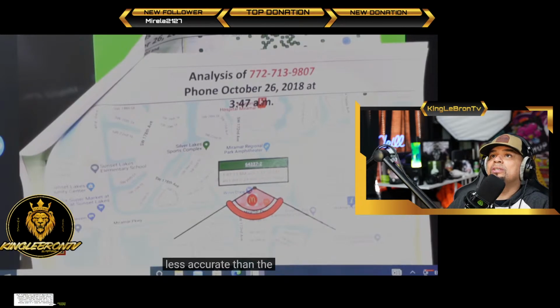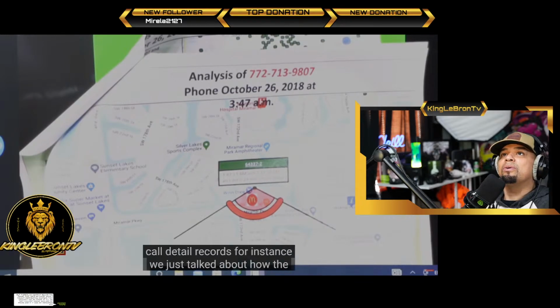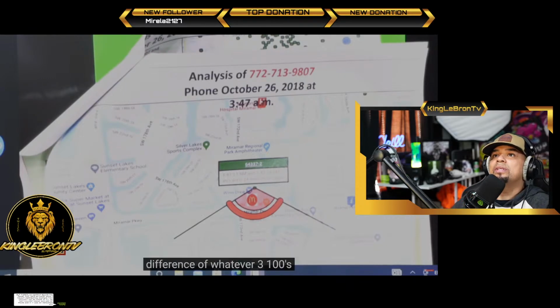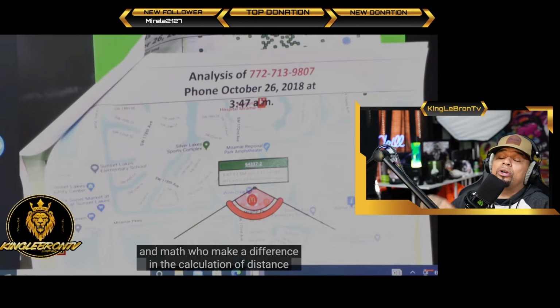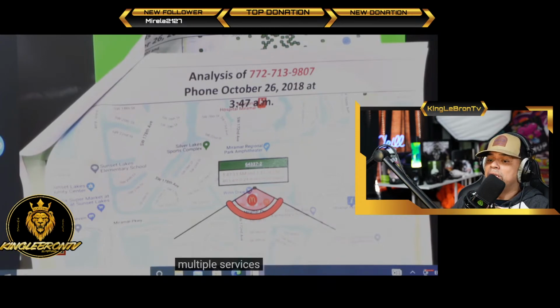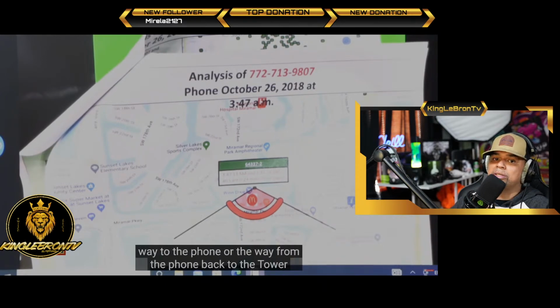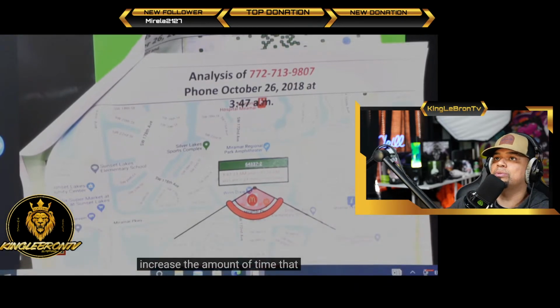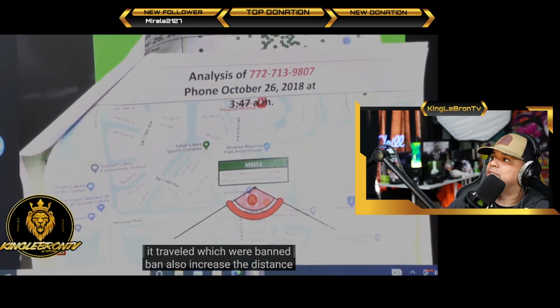For instance, we just talked about how the difference of whatever at all because 100s in math could. Yeah, that's another thing that they debunked on her yesterday. She tried to lock Melly into some kind of Instagram account, and the defense blew her up on that. The defense was like, in time, a bunch of people actually log into these accounts.